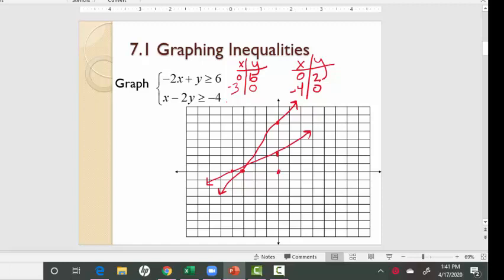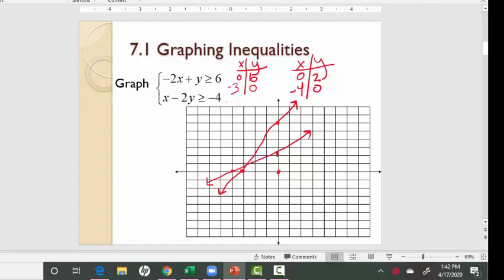Okay, so the next thing to determine is if the solutions lie on the line. If the equation says negative 2x plus y is strictly greater than 6, so no line underneath here, if it just says strictly greater than 6, then that means the solutions do not lie on the line, and I would have to make a dashed line. In this case, it's greater than or equal to 6. Then I have a solid line, and that indicates the solutions are also on the line. For these two inequalities, the solutions are going to lie on the line, and so the two lines should be